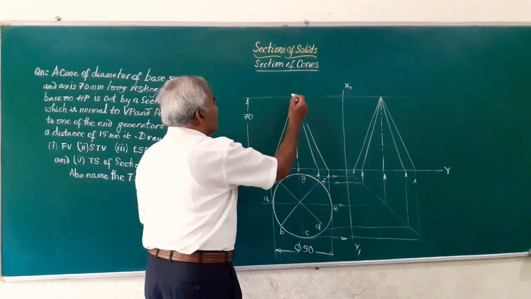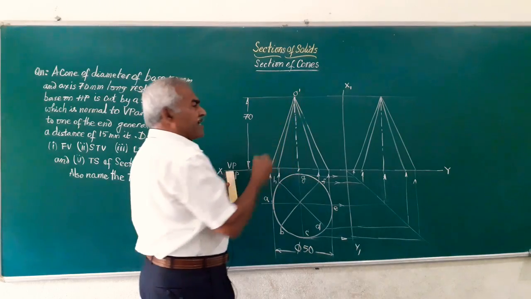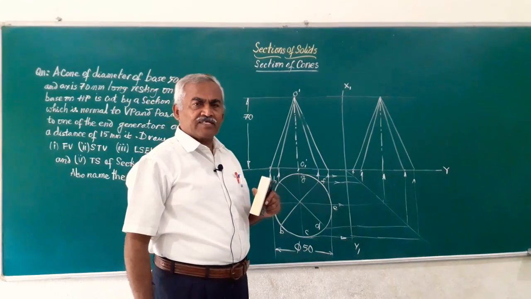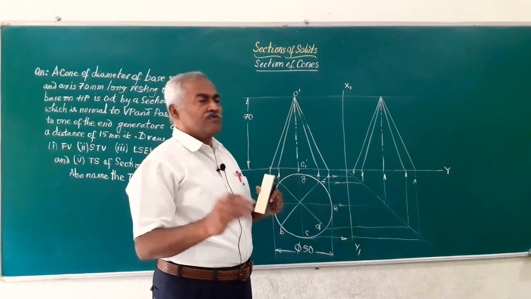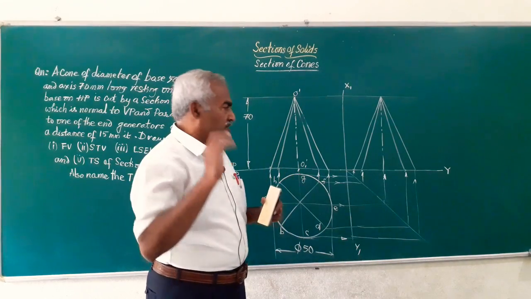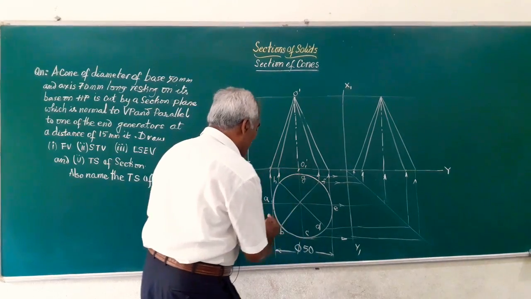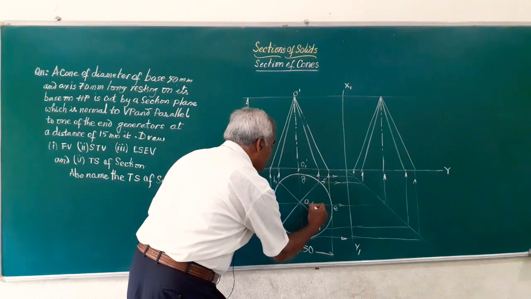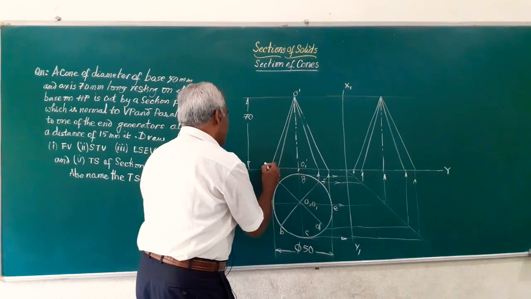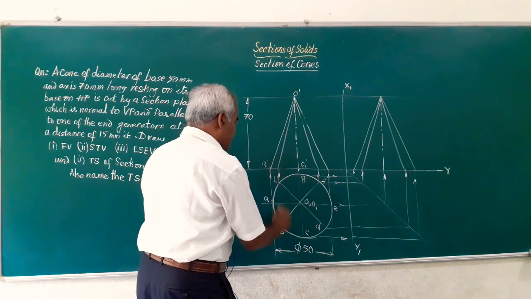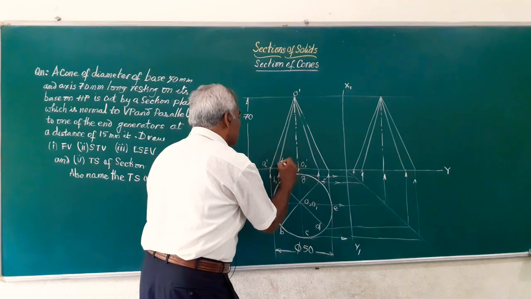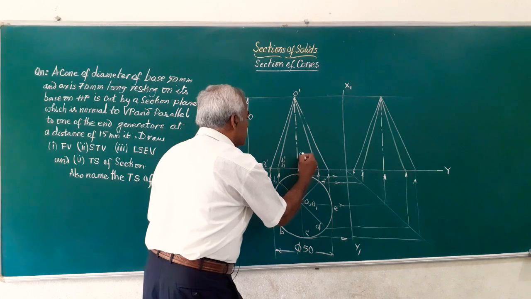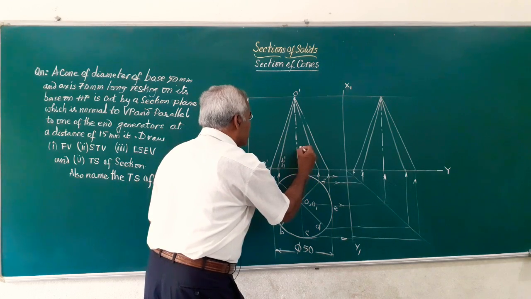And friends, in the front view, this is going to be O dash, and the bottom point is O1 dash. O dash, O1 dash represents the axis of the solid, which has a height of 70 and is perpendicular to HP. Friends, let us transfer these points here. So, this point is O, O1, and here you have A dash, this is B and H, they will be on the same line. So, we will say B dash, H dash, this is C and G, so I will say C dash, G dash.